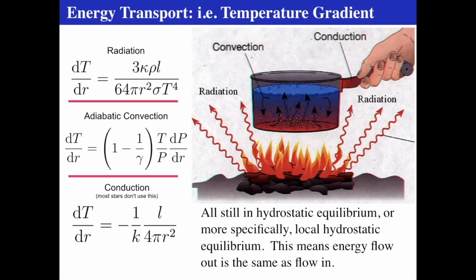So you have a pressure gradient, dP/dr, and there's a difference in temperature and pressure, which is the T over the P. If you have a pressure gradient and there's a temperature gradient inside of that pressure gradient, then you can get convection. Finally, conduction depends on how close the atoms are to each other, and how easy they are to